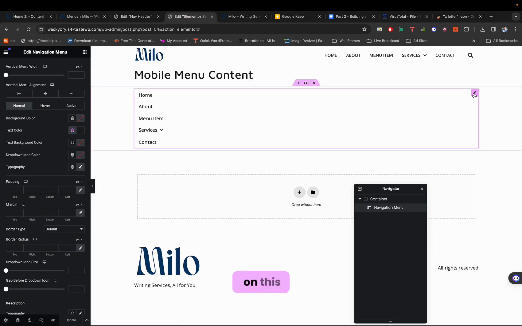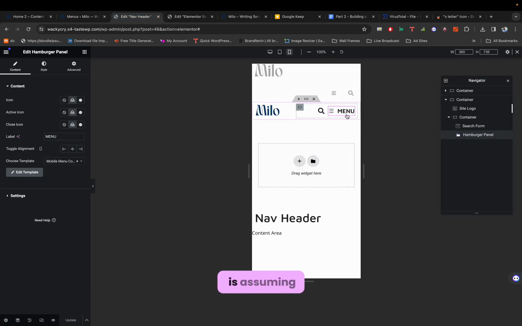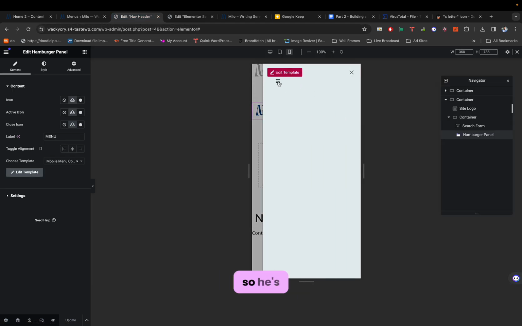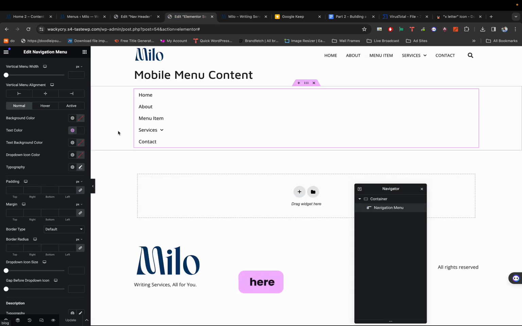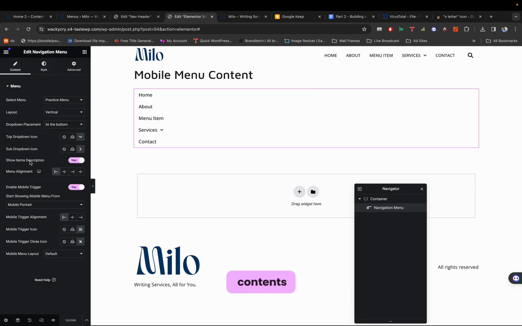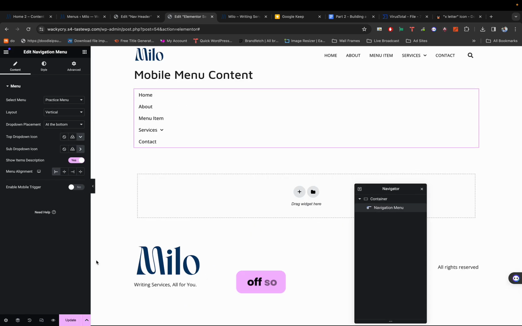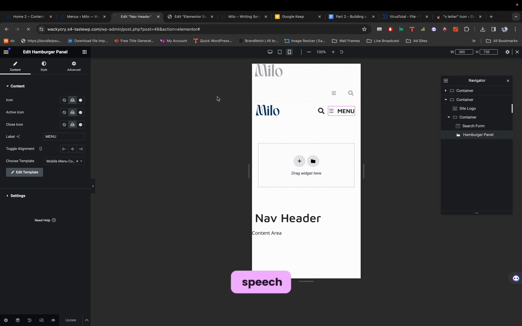Now when I click on this, the reason why we had that issue is that this thing is assuming that we are viewing the page on mobile, so it's behaving like a mobile menu. No, we don't want that behavior. We are going to modify it from here. So how do we do that? Click on the menu item, go to content, then this enable mobile trigger option, set it to off, so that regardless of what device it is, it will never fold. So let's refresh this page